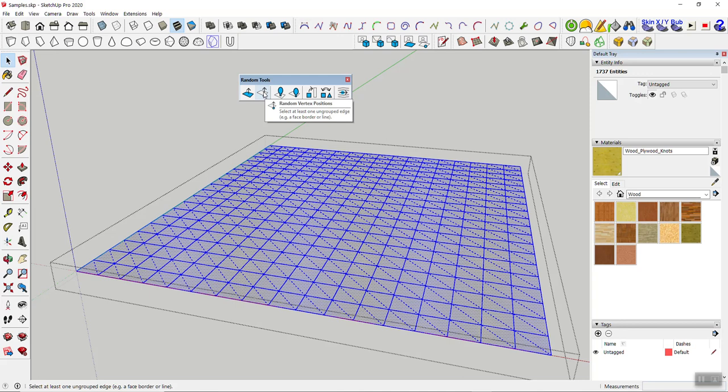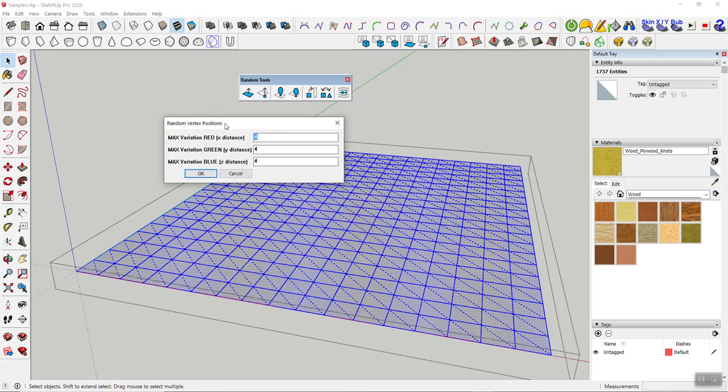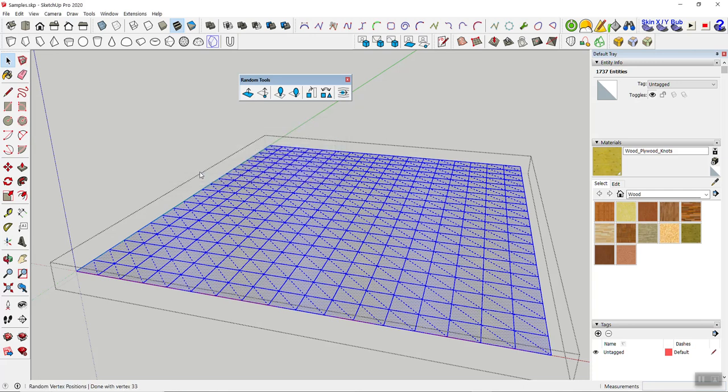So then I go to random vertex position, and I can basically give some parameters, whatever I want. And again, this is in distance units, so whatever your distance units are, you can just type it in, including meters or feet or whatever you have basically. So, for example, in my case, if I only want to do a vertical change, let's say by 2 feet, might be a little much, then I would basically just change the blue number, and then when I say OK, again,